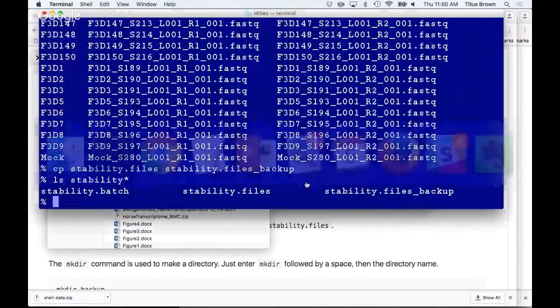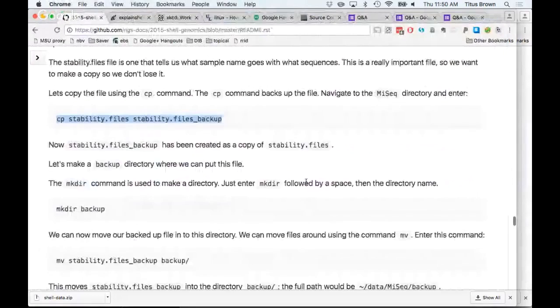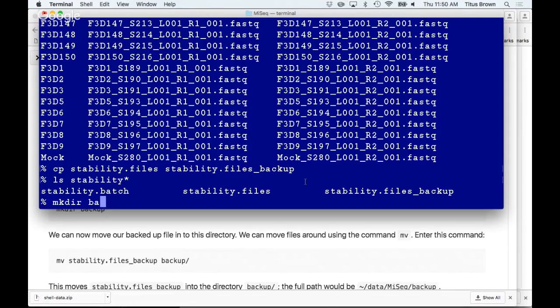Okay, so this is all well and good for copying files, for making a copy of files, but suppose we want to make a backup copy of a bunch of files, and we want to put them all in another folder. So this is where a command called mkdir comes in handy. This is a way of creating a folder from the command line, called make directory. So if you type mkdir backup,